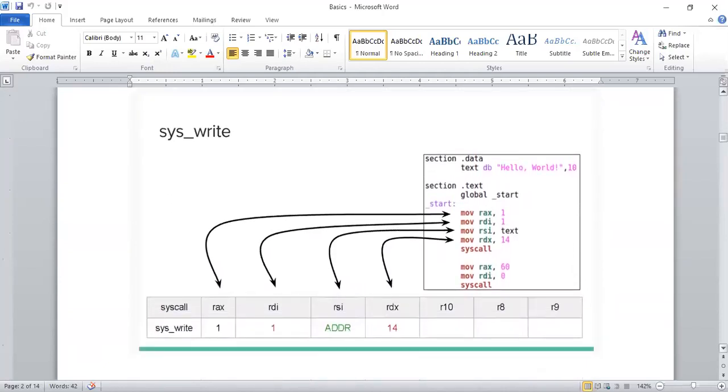Okay, so this is a part. What you have first is a system call. If we start directly with the main program, what is this section .data and .text? We'll see that. It has the global _start label, with mov RAX, 1, RDI, 1, RSI the text variable in which we are going to store this value, RDX 14. That means what? That is the overall length of the string.